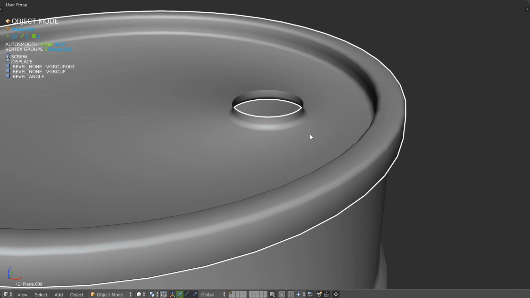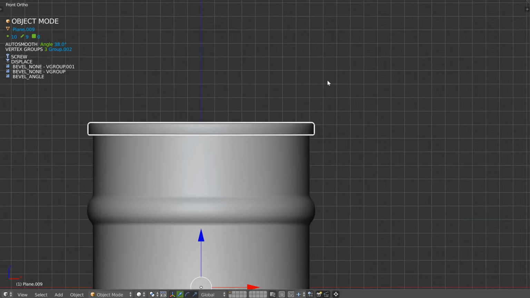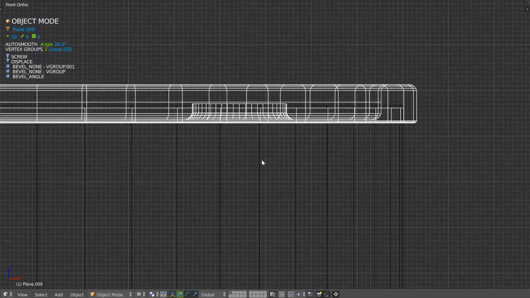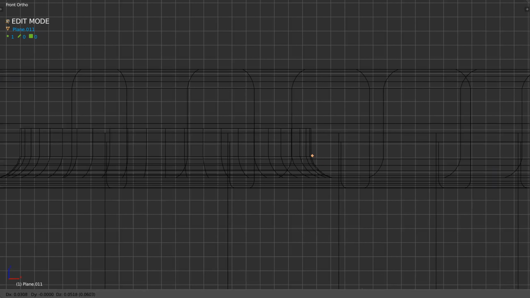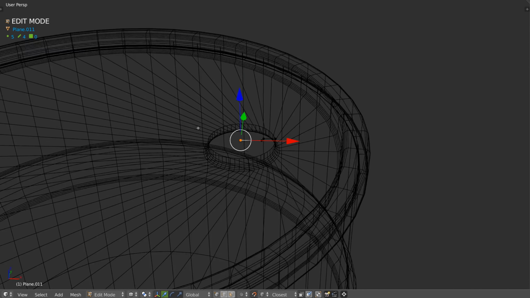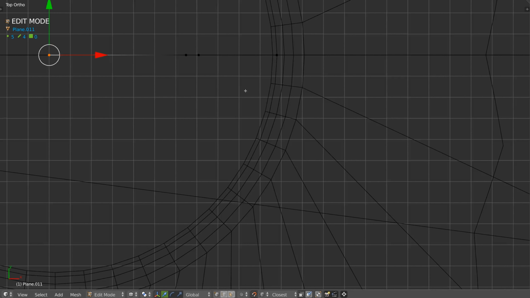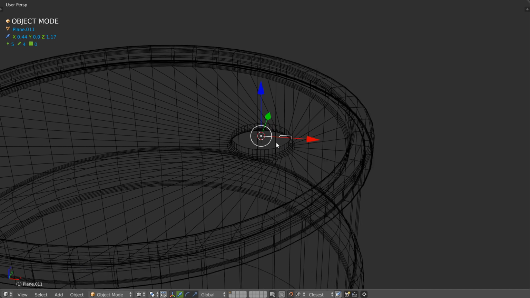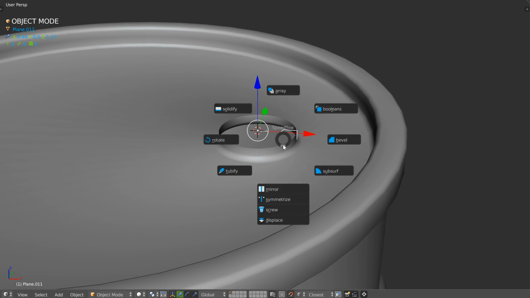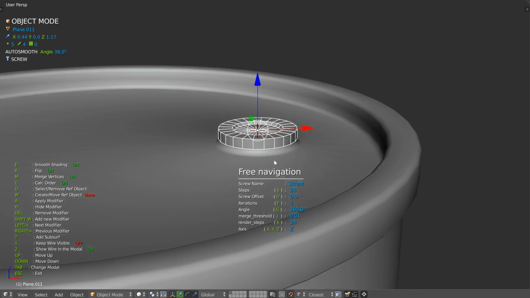So what I will do is to come in top view, in front view, wire, add an object here. Press E, like that, make something like that, and I will snap in vertex mode. So I need to find the center of this here, like that, and I will add the origin on this one, up, add a screw, and that's it.